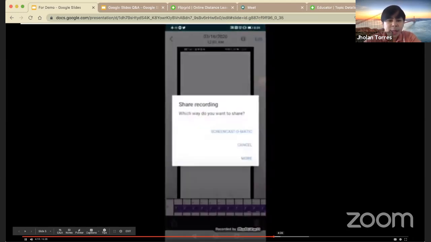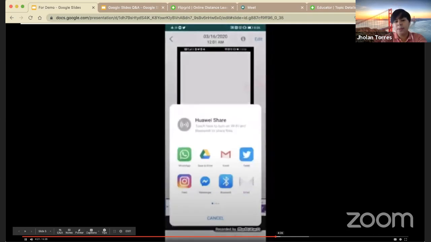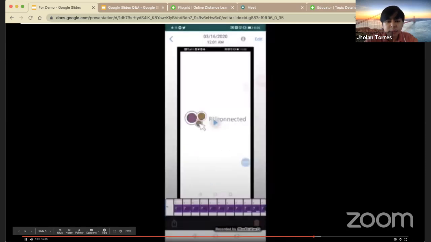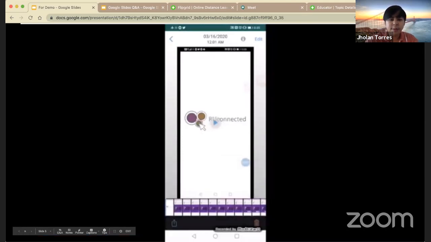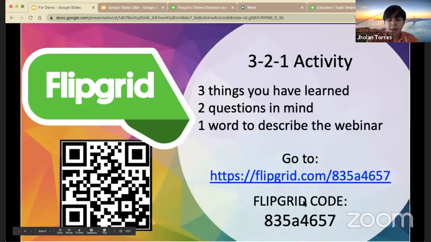Ayan. Then, which way do you want to share it? You want to save it in your Google Drive, upload it in Facebook or Messenger. Okay, so that's how you do it in your cell phone. Okay, all right.